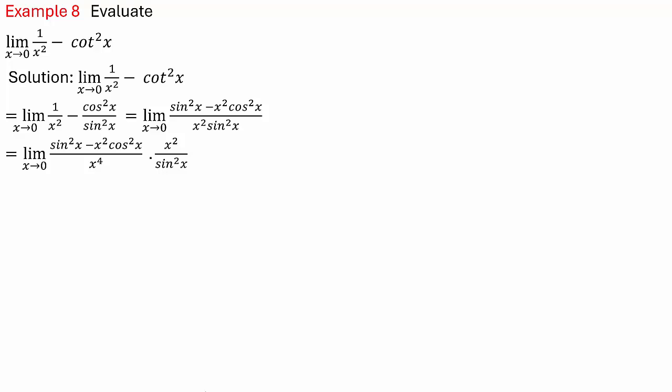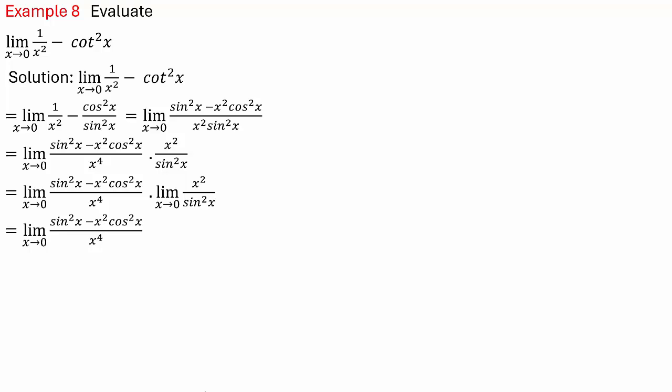For simplifying, it can be expressed as sin square x minus x square cos square x divided by x raised to 4 into x square divided by sin square x, multiplying and dividing by x square. And separating, limit x tends to 0 of sin square x minus x square cos square x divided by x raised to 4 into limit x tends to 0 x by sin x square. We know that limit x tends to 0 of x by sin x equal to 1. Therefore, it remains limit x tends to 0 of sin square x minus x square cos square x divided by